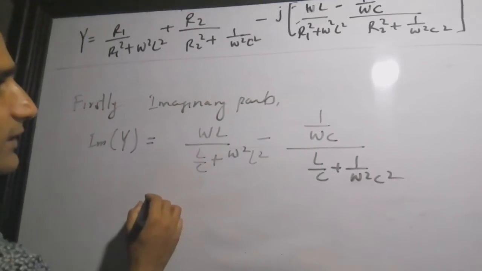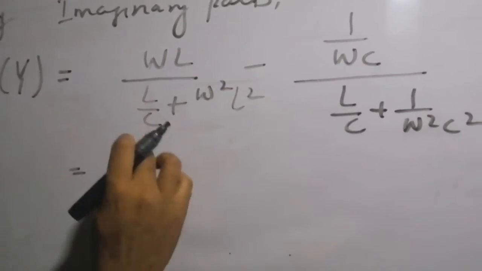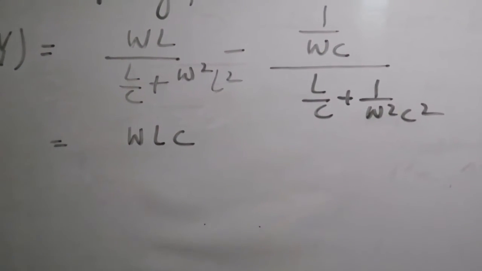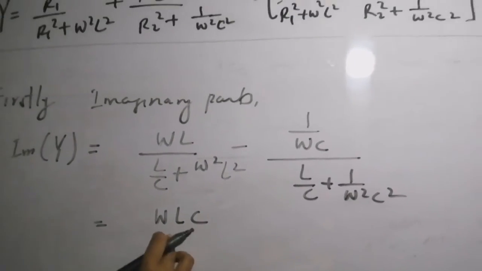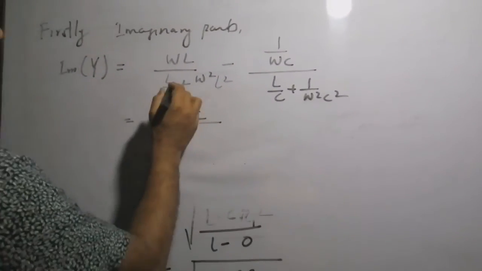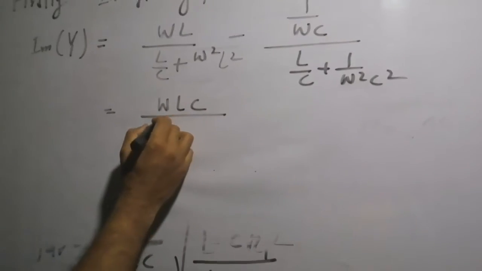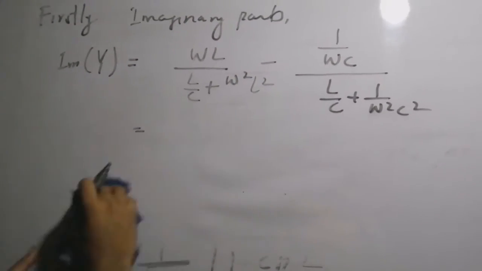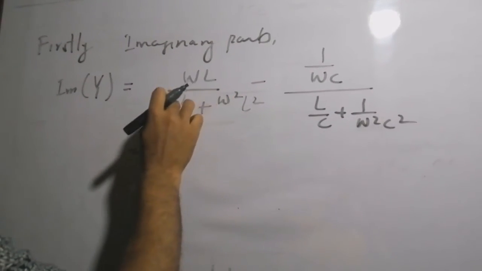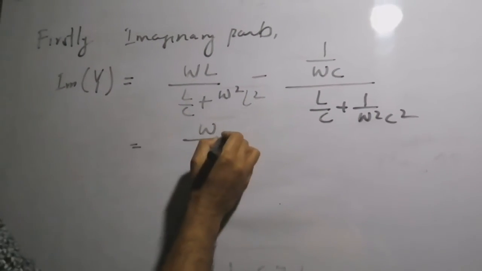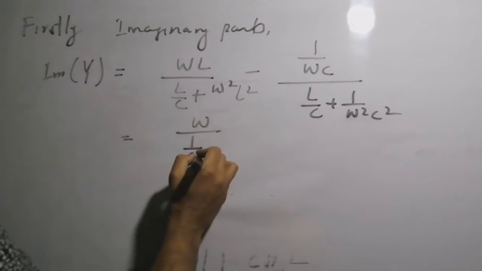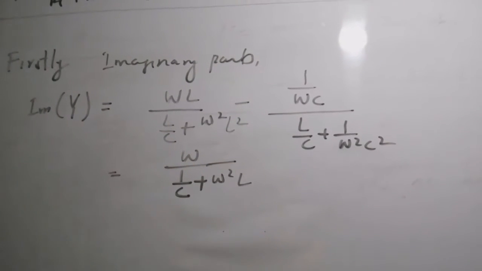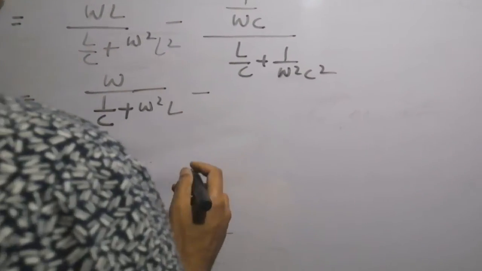If we simplify this, what we get, the C is the LCM here, and so we get the omega LC here. Actually, I could take L common to cut this, it will be better. If I take the L common here and cut this, we get this omega, and there is the 1 upon C plus this omega square and 1 L here. Okay, and minus here.